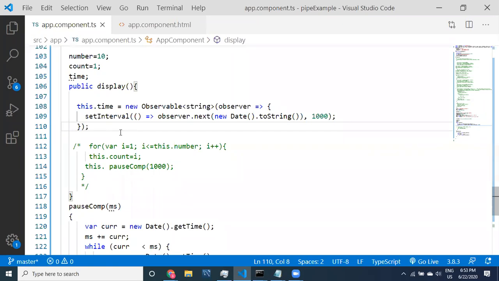Believe me, many people think observables are very difficult, but if you understand blocking and non-blocking, this is very easy. We need to remember a few things to implement these, and if you remember them, you can implement them in your project and give the best solution to the application.